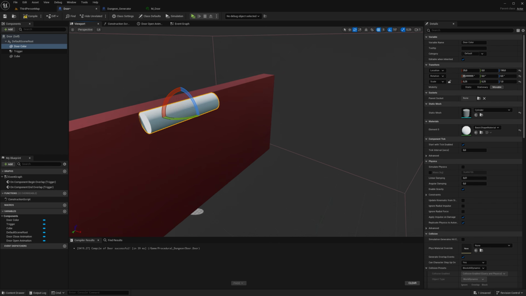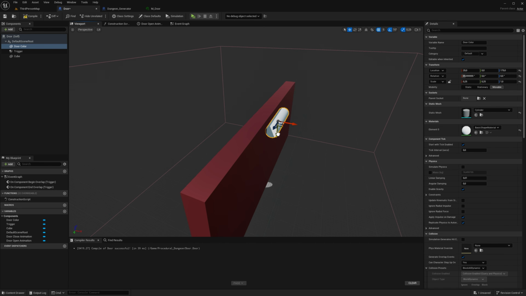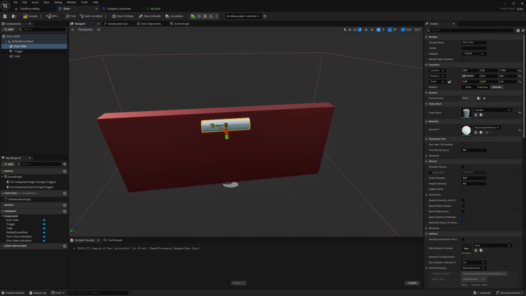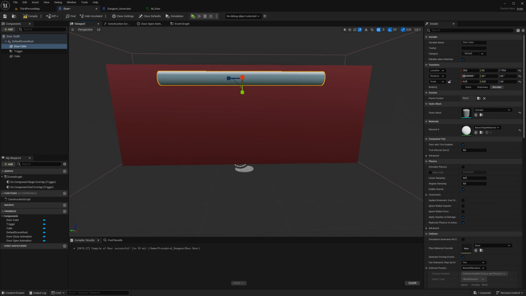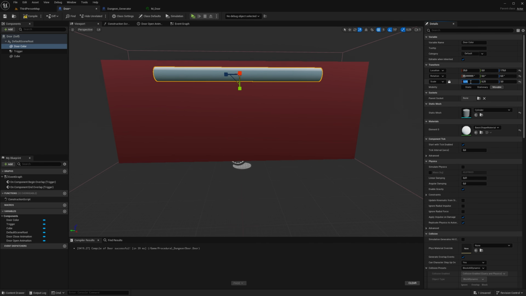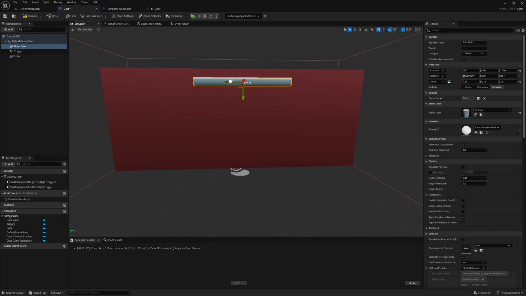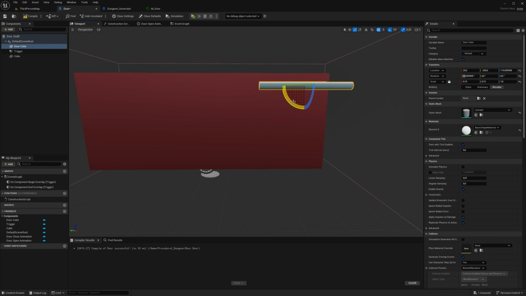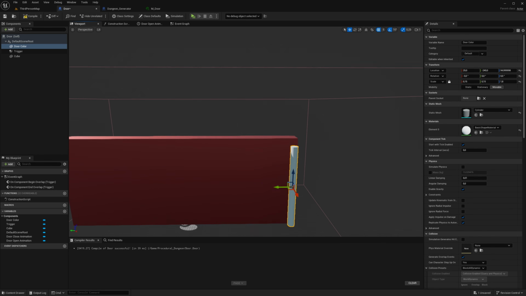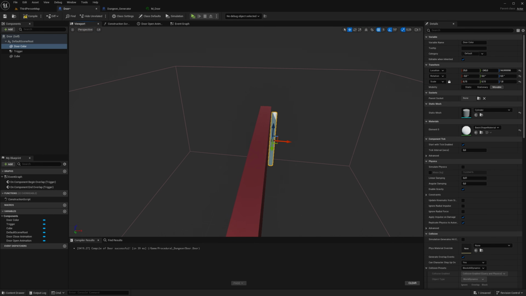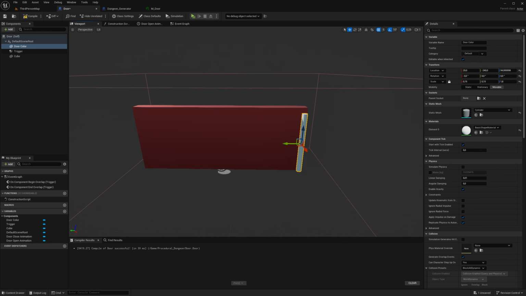Move it like this. No, I actually think we need to. Okay, I will be fiddling around a little now, and that is fine. We can just skip this part. Let's make some door lights here that are standing on the wall and on the floor. I think this looks good.